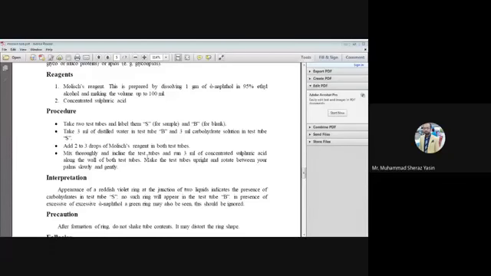Then you will add it slowly, and after addition of this concentrated acid in the test tube, you would not mix the contents of the test tubes, and there will be the separation of two layers in the test tube, and in the junction of the two layers of the test tube, there will be formation of a ring. And if you have a reddish violet ring in the test tube, it means that the sample contains carbohydrates.